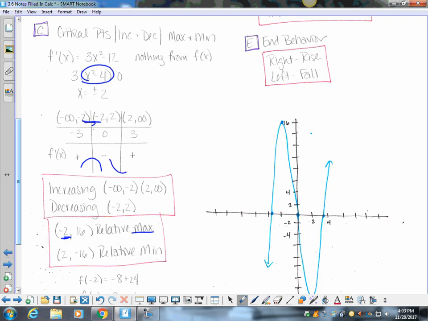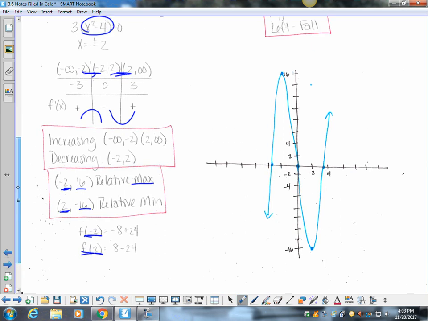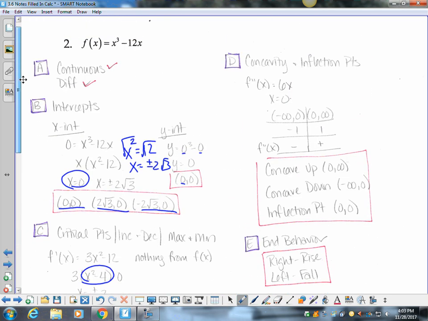And this is decreasing and then increasing, so I know I'm going to have a min at 2, and then I just find the function's value at those 2 x's, and that gives me the y value. So that's my relative max, my relative min. Okay, then I come up here and do my